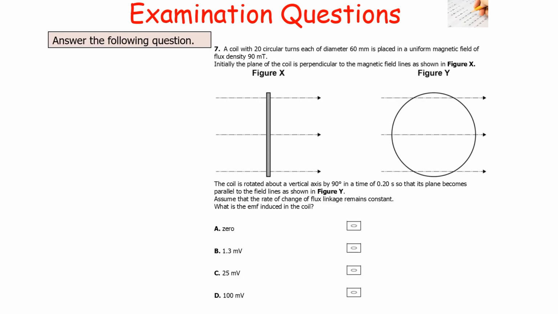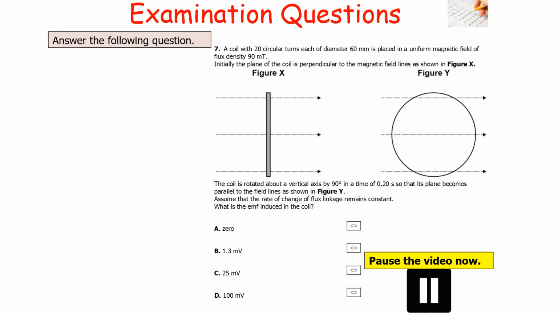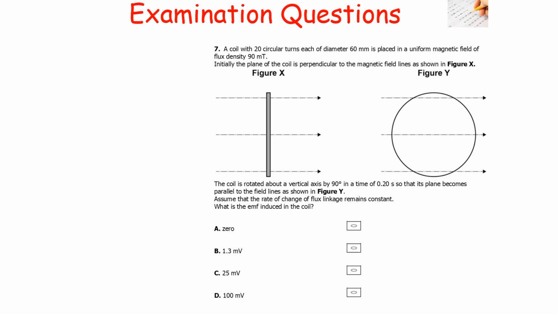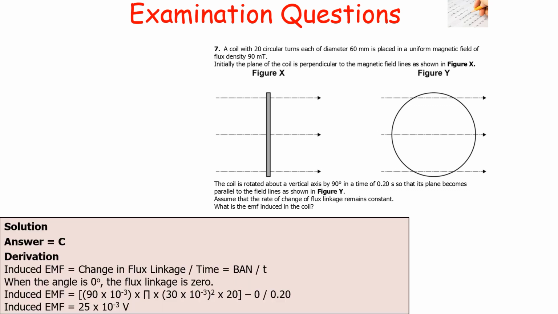The next question says, a coil with 20 circular turns, each a diameter 60 millimeters, is placed in a uniform magnetic field of flux density 90 milliteslas. Initially, the plane of the coil is perpendicular to the magnetic field lines as shown in figure X. The coil is rotated about a vertical axis by 90 degrees in a time of 0.2 seconds so that its plane becomes parallel to the field lines as shown in figure Y. Assume the rate of change of flux linkage remains constant. What is the EMF induced in the coil? So pause the video now, then unpause the video when you want to go through your answer. Right, so our answer here is going to be C, because you know induced EMF is the change in flux